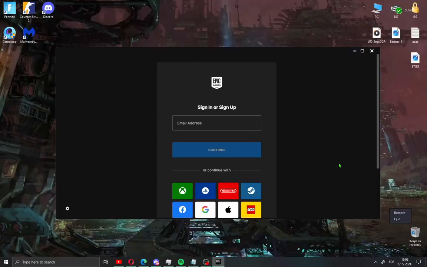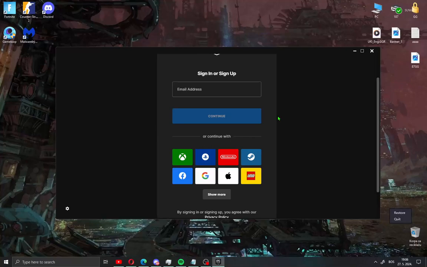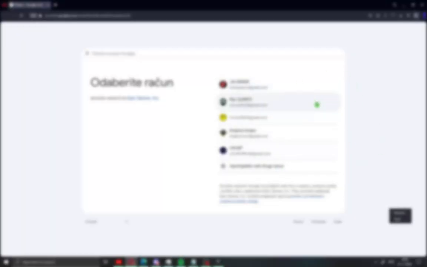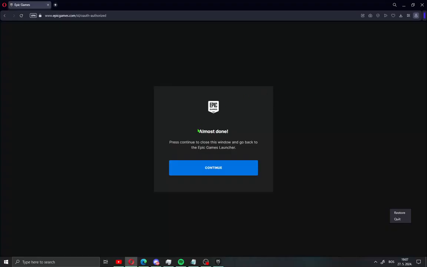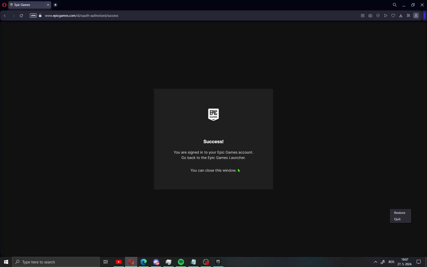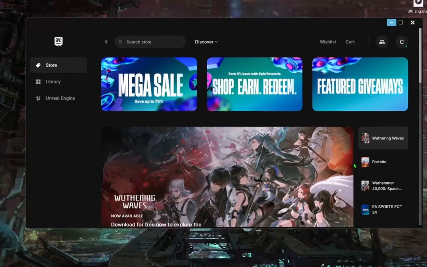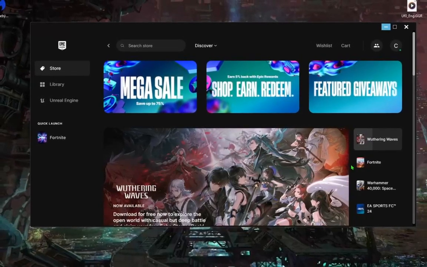When you install Epic Games Launcher like me, just open Epic Games and you will see sign in or sign up. The fastest way to create an account on Epic Games is with Google or Facebook. Just click this Google icon and you will be redirected to the browser. Choose your Google account like me and you will see "Almost done". Click here, continue, and you will see a success message. Verify your email address. Go back to your Epic Games Launcher on PC and you have successfully created an Epic Games